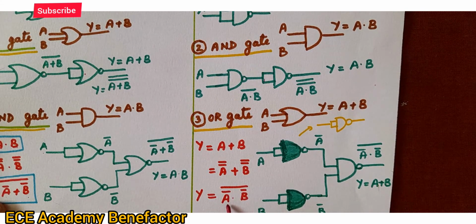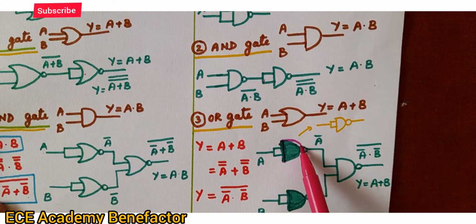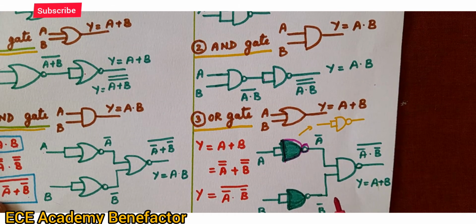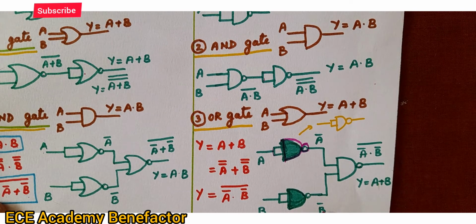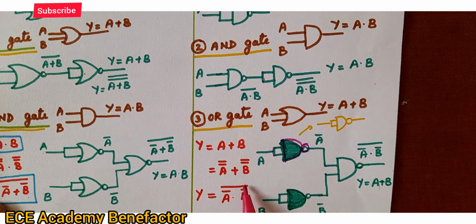So what do you want here now? A bar. So give it to a NAND gate. How is the NAND gate working as a NOT gate? When both the input terminals are connected to a single terminal, we say it's a NOT gate. So you are giving A, it becomes A bar. B is given to a NOT gate formed by a NAND gate, you will get B bar, and then give it to a NAND gate. So we are getting here A bar dot B bar the whole bar. A bar dot B bar the whole bar is equal to A plus B. So this circuit works as an OR gate using a NAND gate.